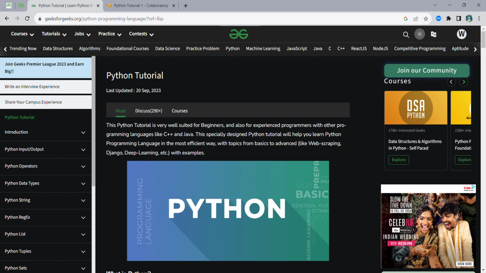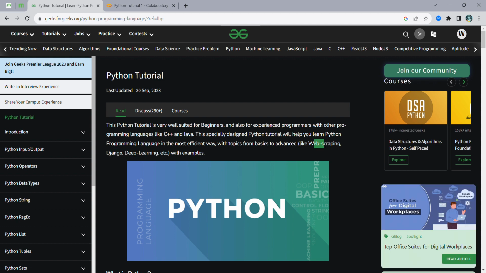Things we can do with Python include web scraping, Django, where we connect the backend of a web framework, and deep learning.